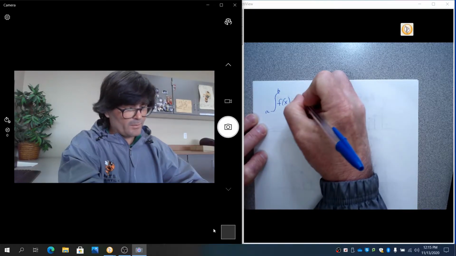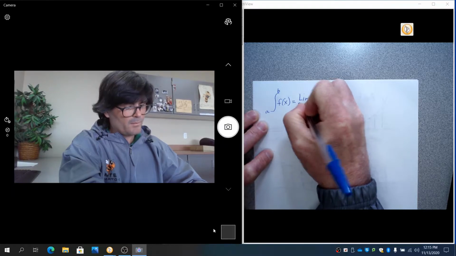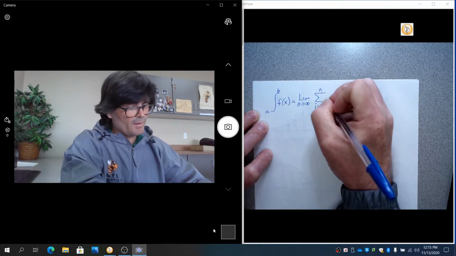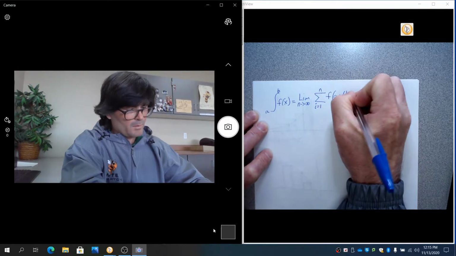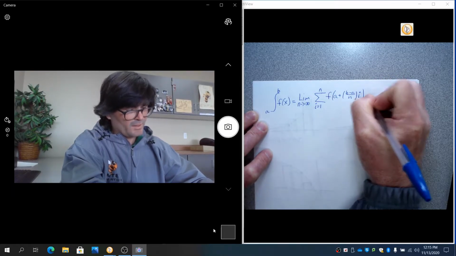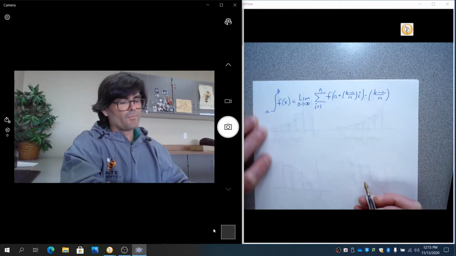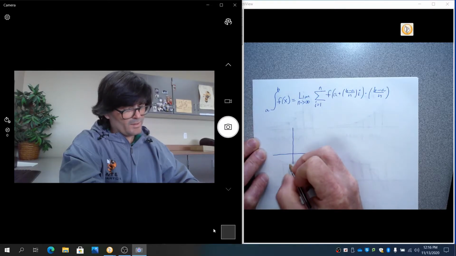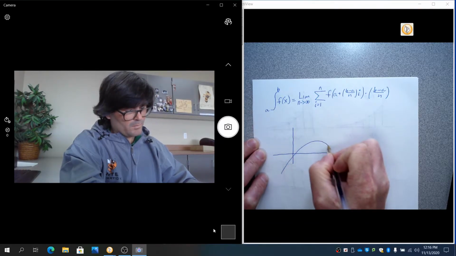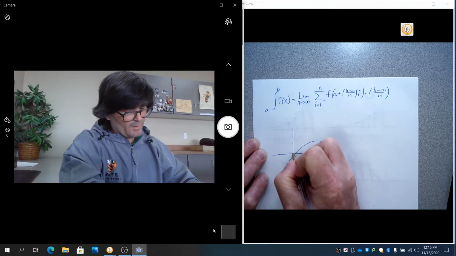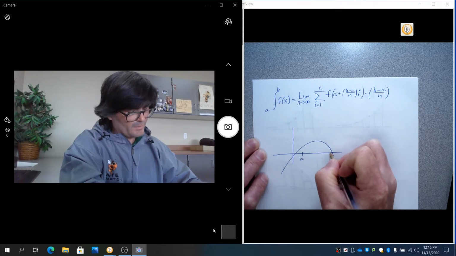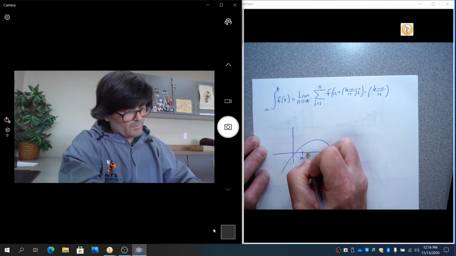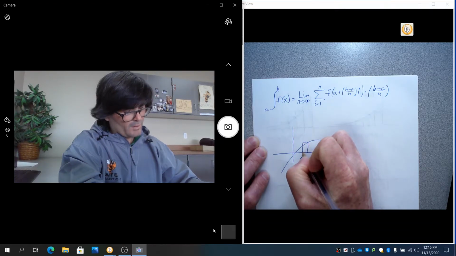And let me write all this down, and then we'll talk through it. That's a sigma, that's a Riemann sum. I know this looks like a bunch of gibberish, but just bear with me for a minute. If you have a graph, we'll just do this kind of graph right here, and say you have just call A and B here to be simple. If you draw your little rectangles,